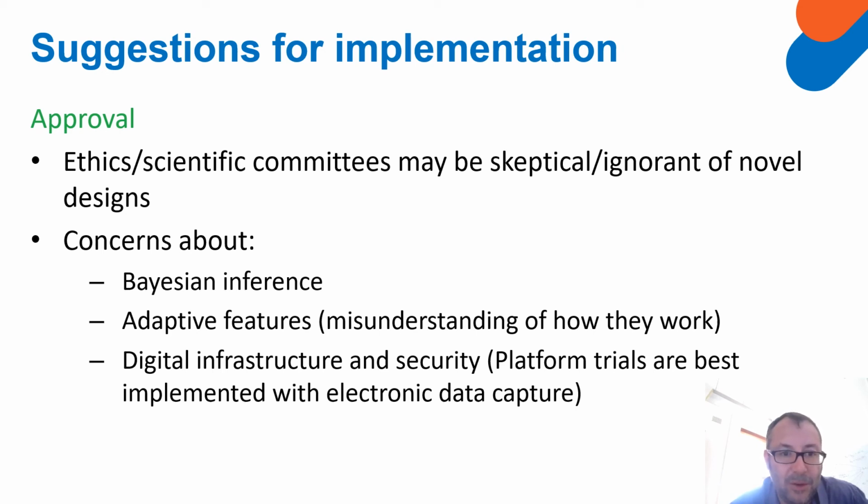A previous barrier to implementation of adaptive trials is that often groups who are reviewing these trials may be skeptical of the use of Bayesian inference and are very often not familiar with new ways of doing clinical trials. So the sorts of concerns that we have come up against when we've proposed these designs are concerns about the use of Bayesian inference as opposed to the more typical frequentist inference that we classically use in most